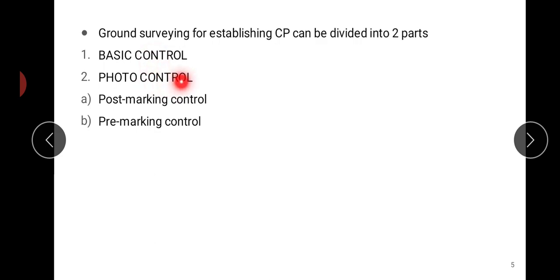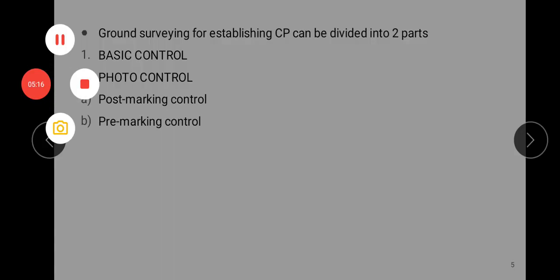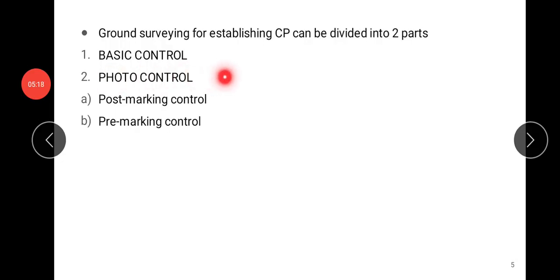These photo control points are established on the horizontal position on the image so that those points are identified on the photograph with respect to the basic control. So photo control can be done in two methods. One is post marking control, the other one is pre marking control.